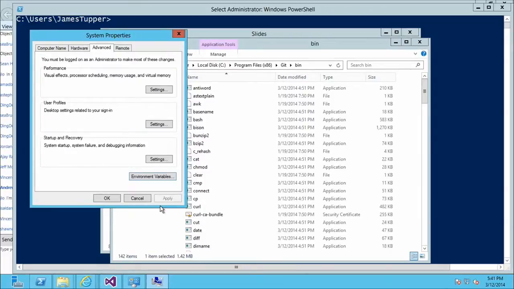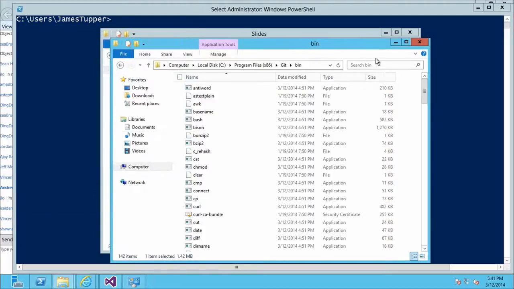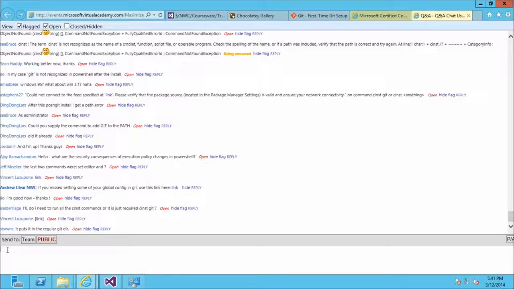You will need to open your command prompt again. If you set that and you already have a command prompt or a PowerShell open, you will need to close it and reopen it for it to read that path variable one more time. So let's check